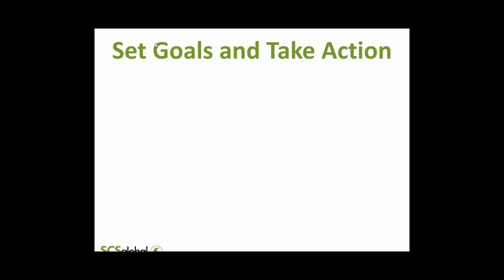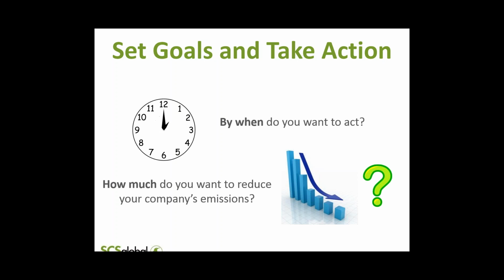Now, once you've set the scope and actually established your climate footprint, it's now time to set goals and take action. And this involves things like deciding when you want to act and by how much you want to reduce your company's emissions. So setting up specific targets and timeframes for action. The benefit of using this climate footprint approach that SCS can help you with is that you can identify the best types of mitigation opportunities, things that focus on black carbon and methane, and get really the biggest bang for your buck, compared to a conventional carbon footprint. They'll be able to get basically more for your money. So there's a big benefit in using this latest science too when it comes to goal setting and taking action.